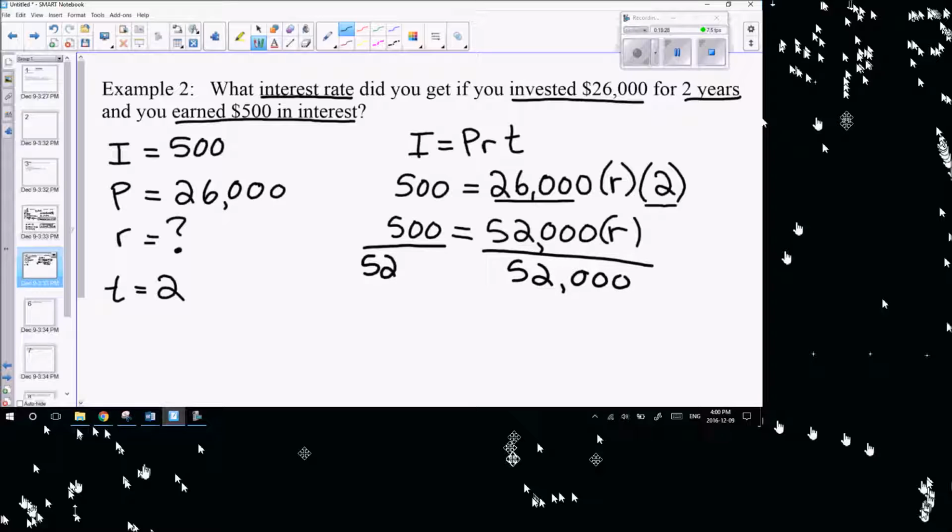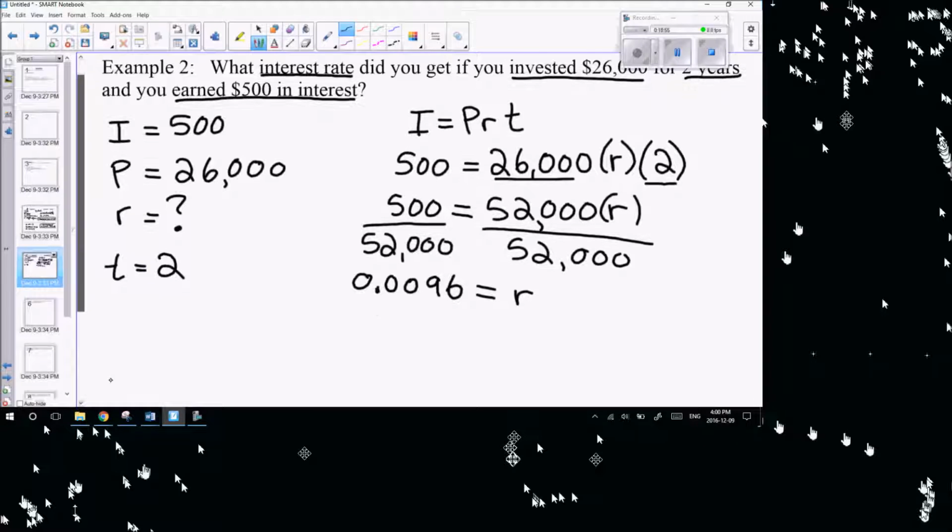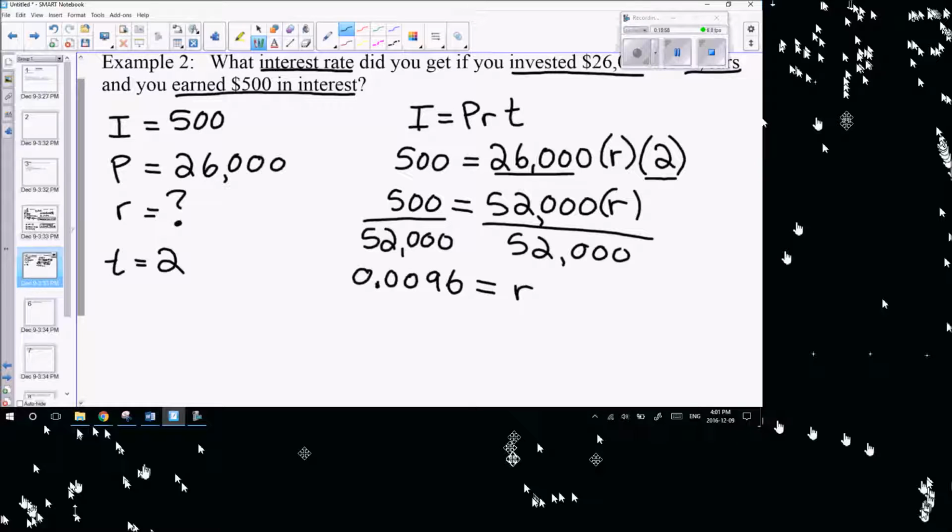So we're going to divide both sides so that our R value, when we divide 500 by 52,000, we get 0.0096. Now, because this is a rate, we need a few extra decimals to figure out what that rate is. But remember, when we're thinking about rates in terms of word problems, when we word it, we use a percentage. So we need to turn this into a percentage. So then we multiply it by 100